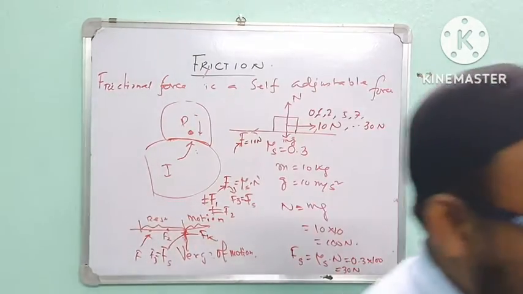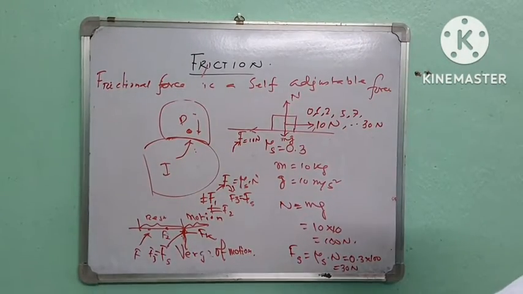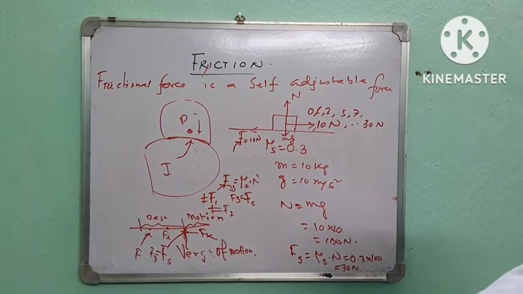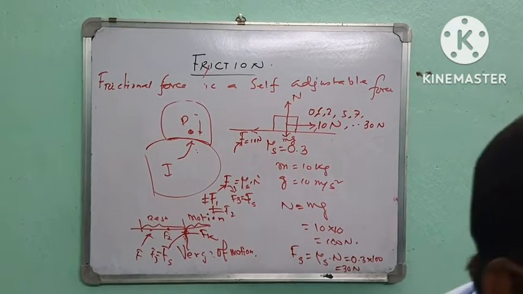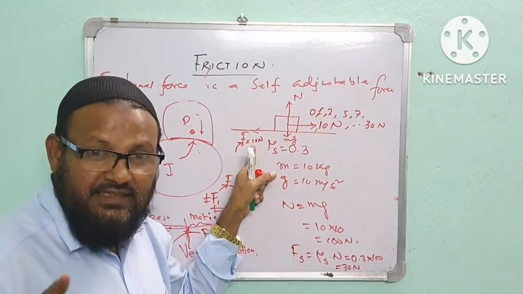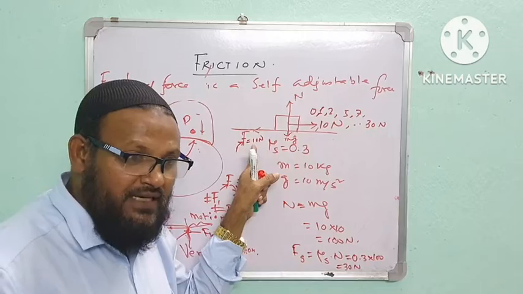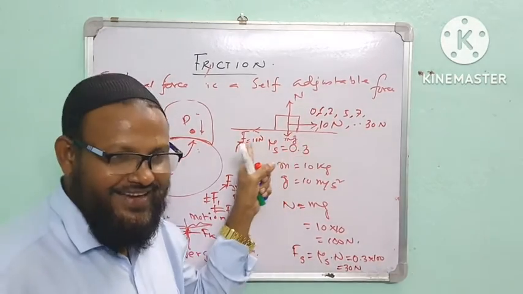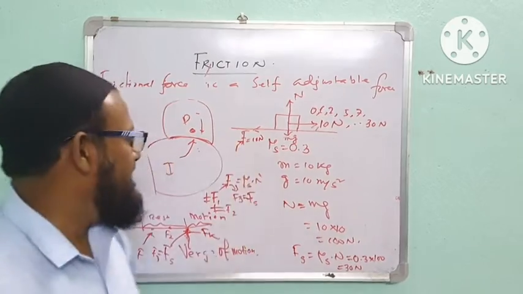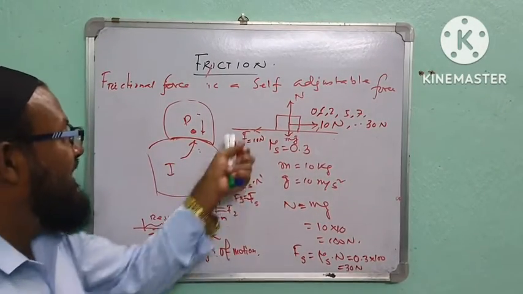This friction is known as effective friction. Effective friction means which is in action. Here it is not in action, but here it is in action, sir, 10 Newton is there. This is known as effective friction. When I apply 25, again this is 25 effective friction. Clear? So here, in the question,